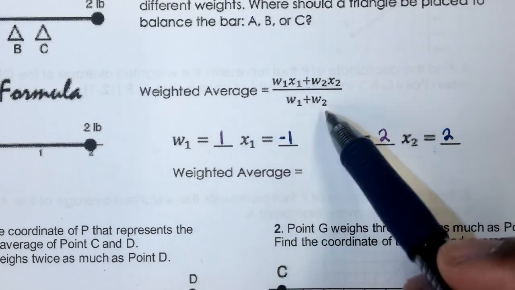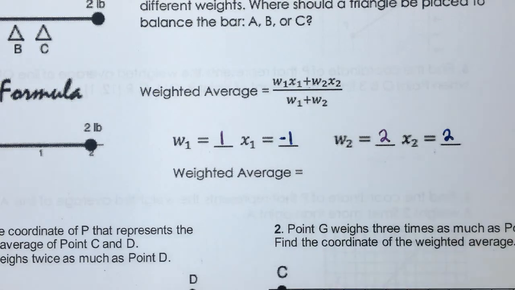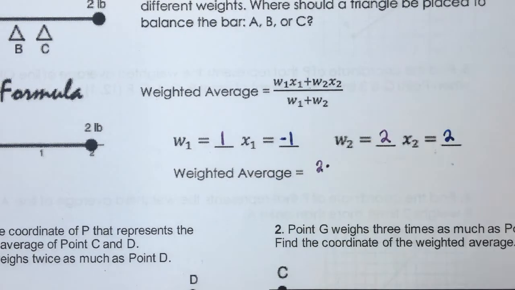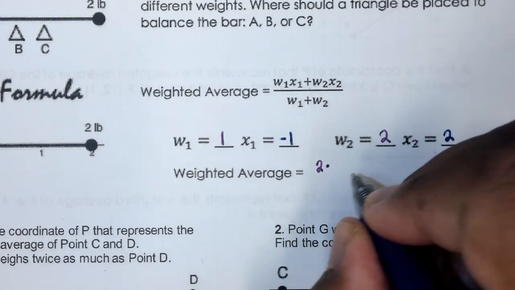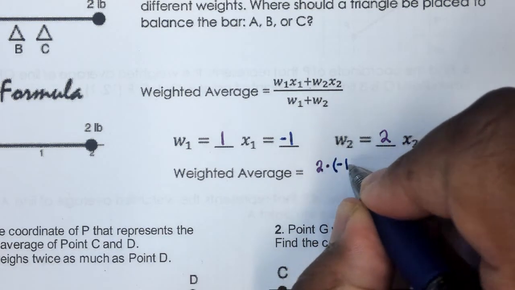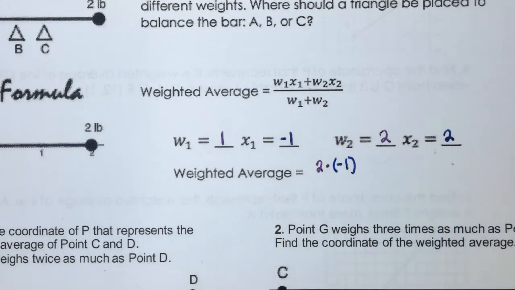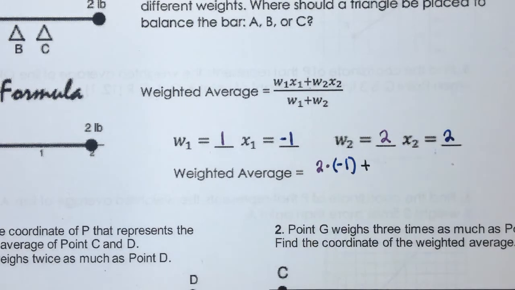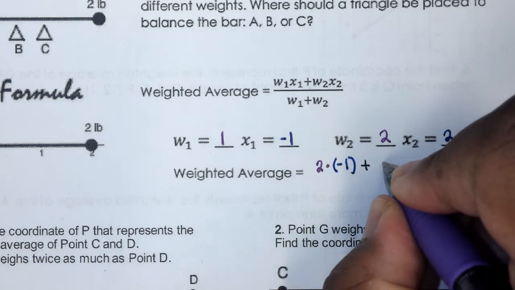I'm going to use the weighted average formula right here and plug those numbers in. Starting out, my weight 1 on top is 2 times, and then my x1, which is -1, so I'm going to put parentheses right there. Then the plus sign goes here in the middle. Weight 2 is 2 times,